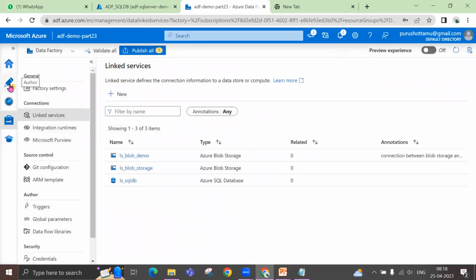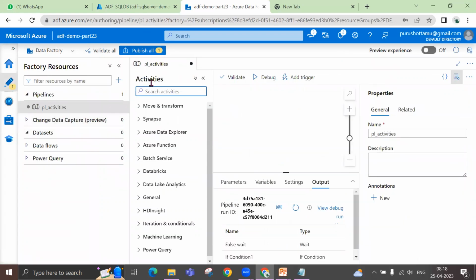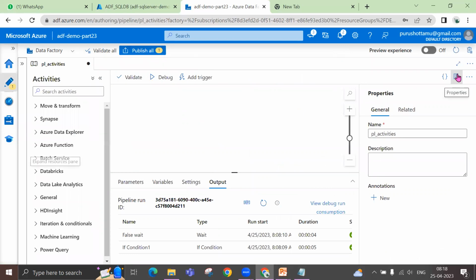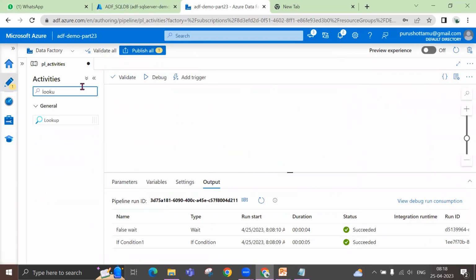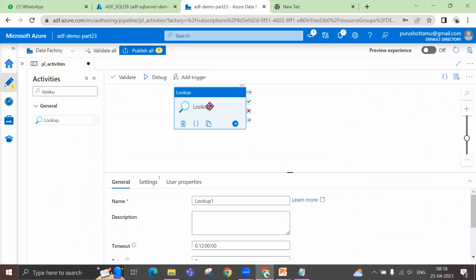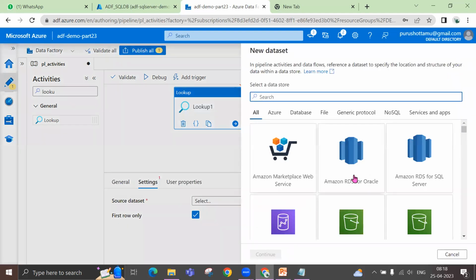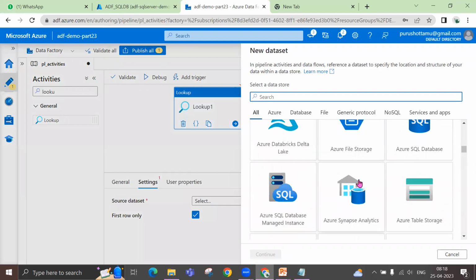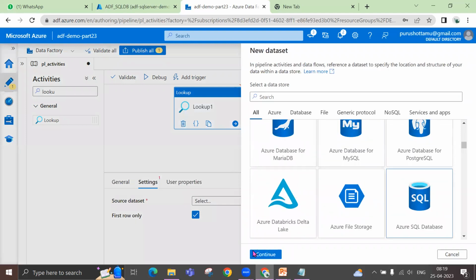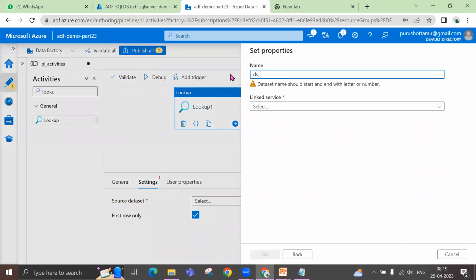Okay, so now go back here. So let's create a data set. As your SQL database. So question